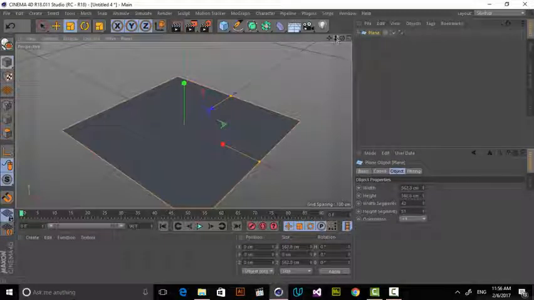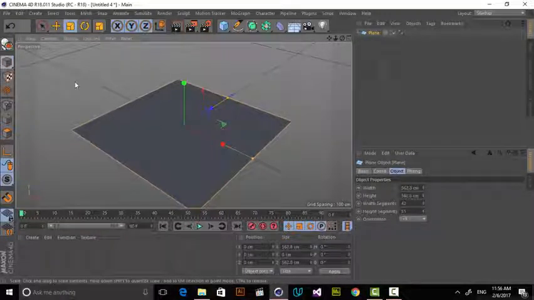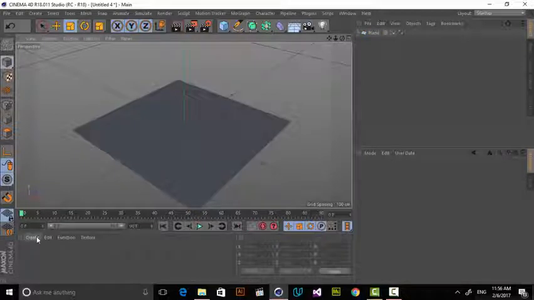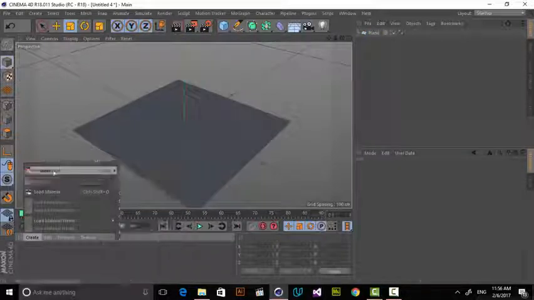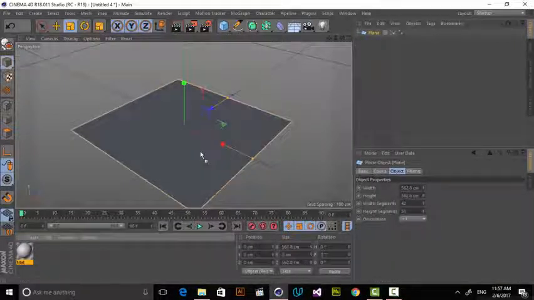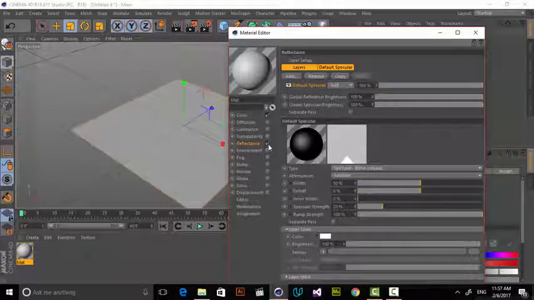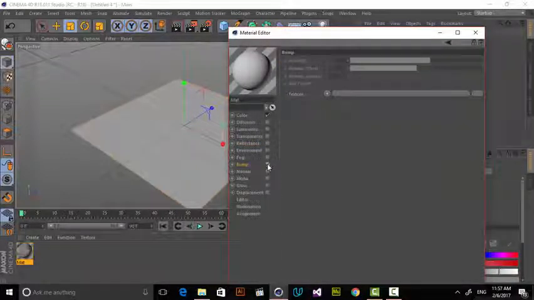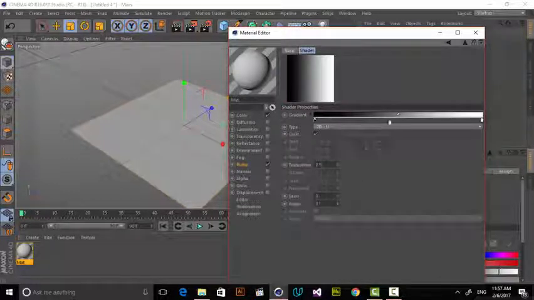Okay, now let's talk about parallax bump and thin film shaders. At first, I want to talk about parallax bump. Let me just create a new material, and I have a new plane here, and add this material to this plane. I'm just going to turn off the reflection, go to bump, and in bump, simply add a gradient, and